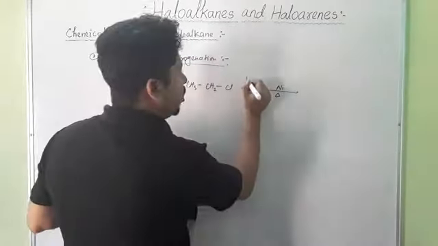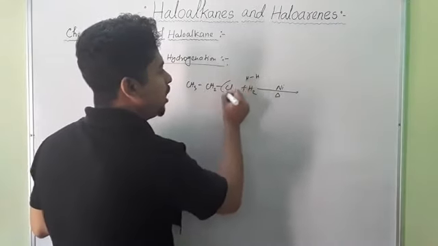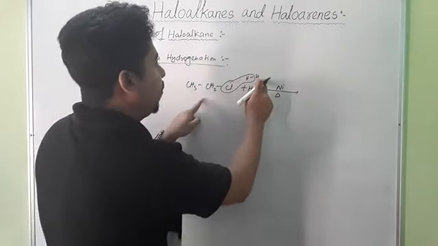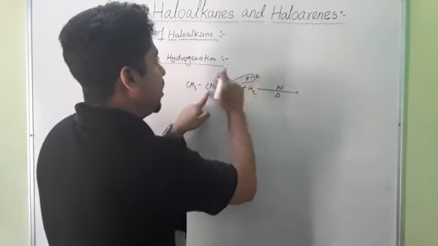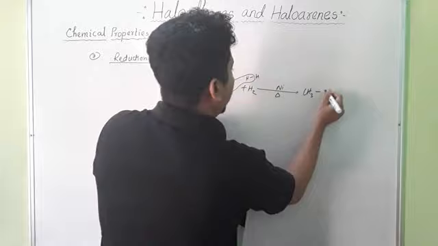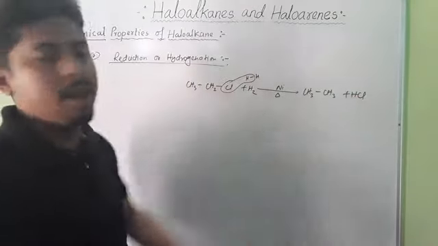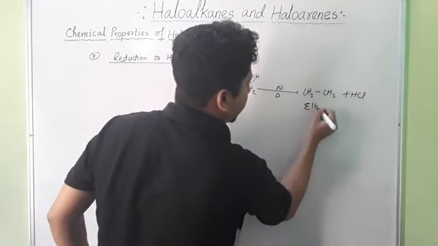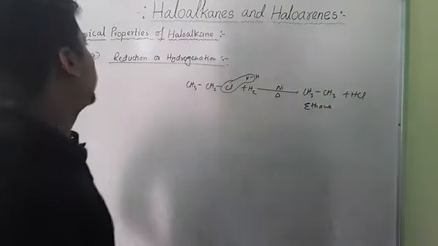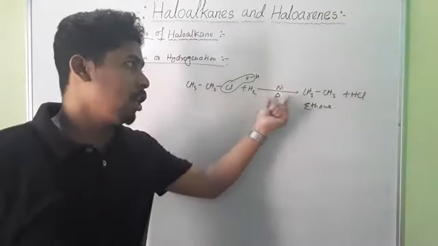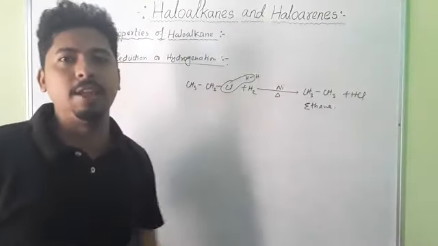So here you see this hydrogen, you can write H bond H, so one HCl molecule will be removed. So what are we left with? We are left with CH3CH2H, meaning CH3 bond CH3. So you are getting CH3 bond CH3 plus HCl. So its name is ethane. So haloalkanes on reduction or hydrogenation in presence of a metal give an alkane.